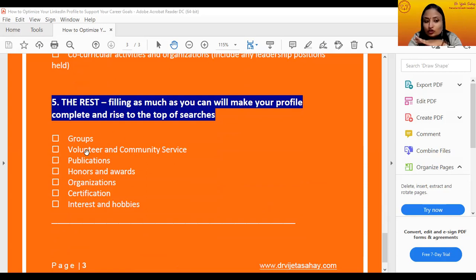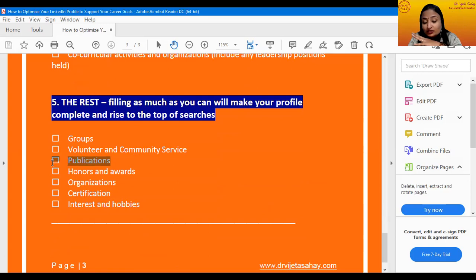The groups that you have joined, the publications, you might have done any paper publications in your research. Those publications, dates, topics of those publications, those papers, because many people publish papers, many lecturers publish papers in international magazines, international groups. So you can incorporate it here if it is related to your field,